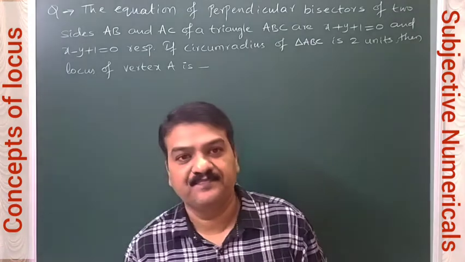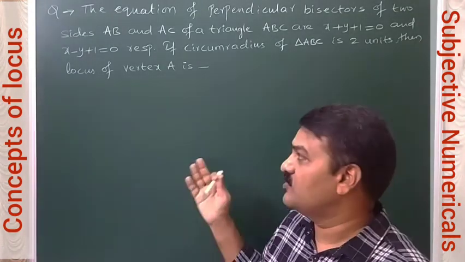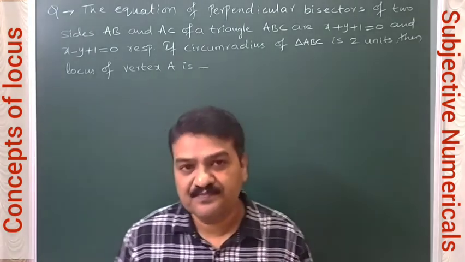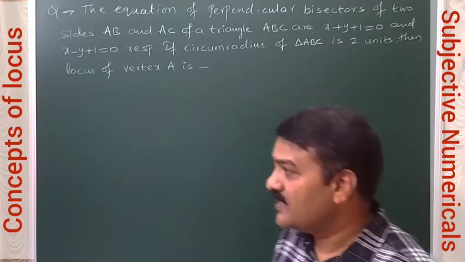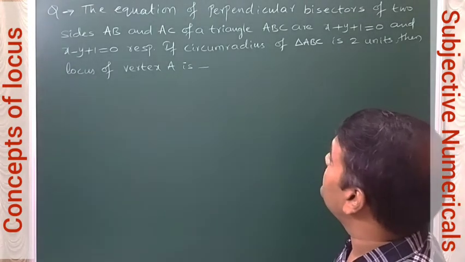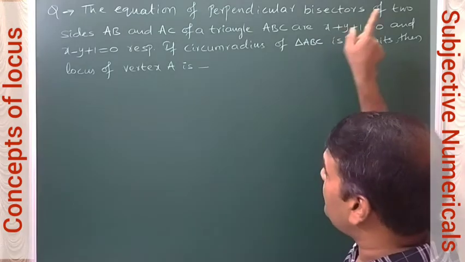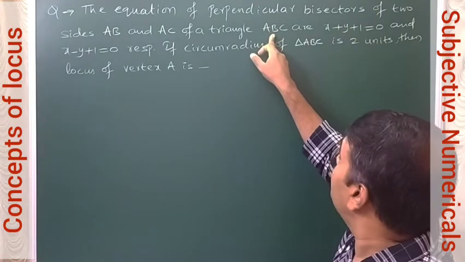Hi students, so today in this video I will continue the discussion of locus. Already in the previous video I uploaded some numericals based on locus, so we will continue from there. So this is the question: the equation of perpendicular bisectors of two sides AB and AC of a triangle ABC